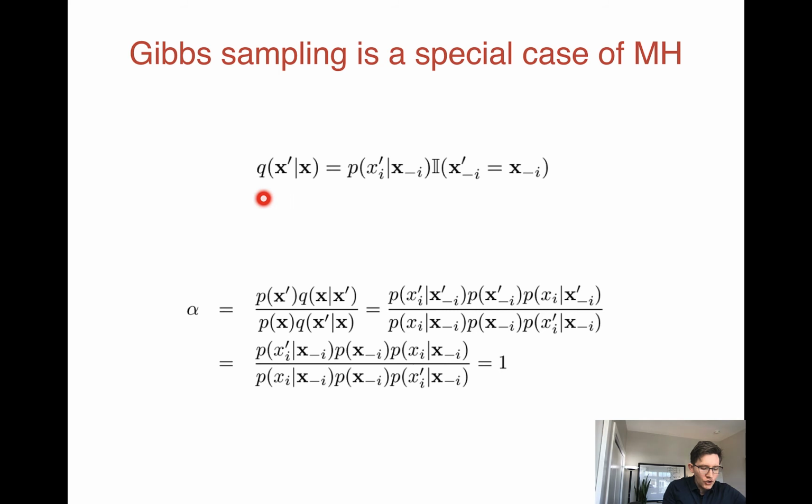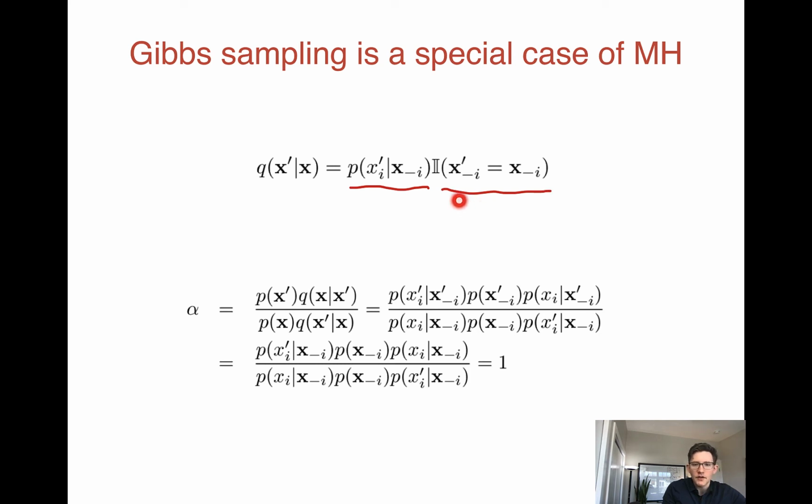We're going to define q of x prime given x equal to just the full conditional for xi. That is, we're going to pick one i and let that be the value we're going to change, and then we're going to hold everything else the same. So here we're going to have xi distributed according to this full conditional, and then this